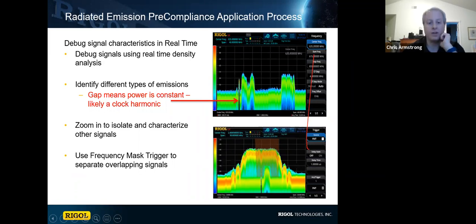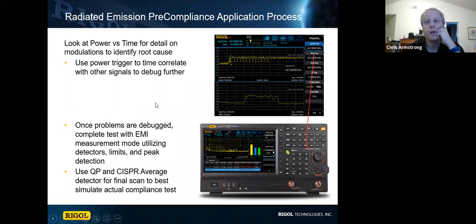We talked a little bit about frequency masking before, so that's pretty cool. Then, again, we can use the power versus time to look at different modulations and figure out a root cause. Is it a clock? Is it a modulating signal? What's it really doing? And then finally, we get into EMI mode,